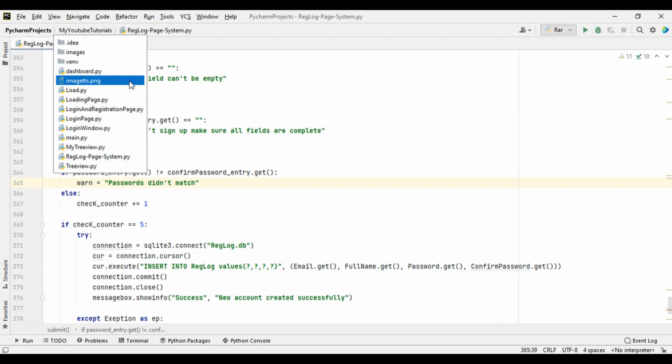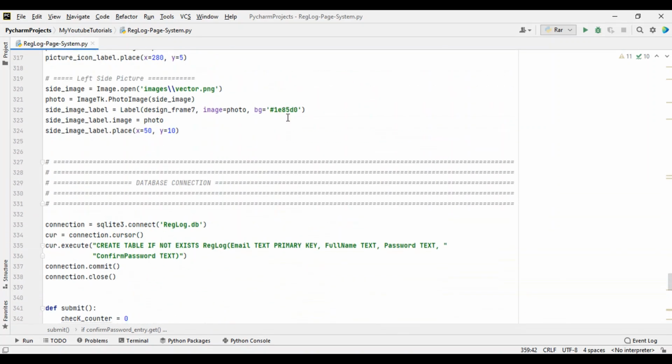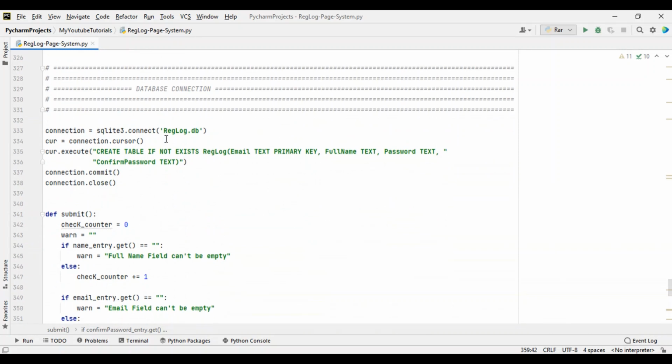Immediately I launch this Python page, it's going to create a database inside this folder, which is the folder where I have my files. The reason I want you to take note is that in the beginning we said we create a connection that creates a table if not exist. So anywhere this file is located, you will realize that anytime you launch this file